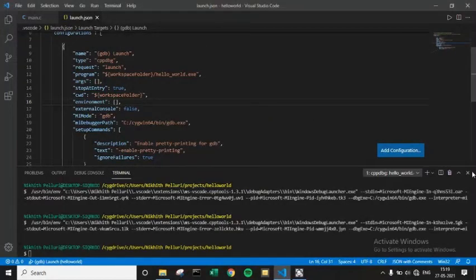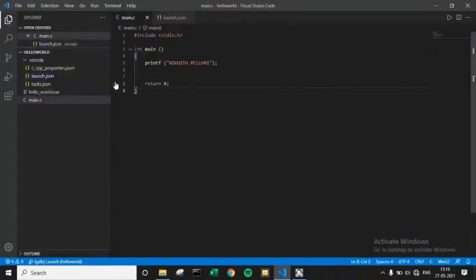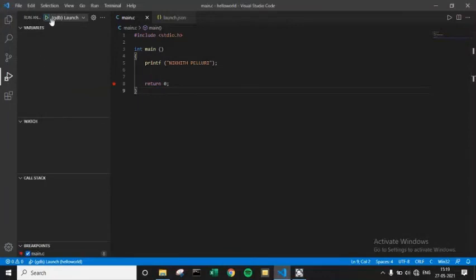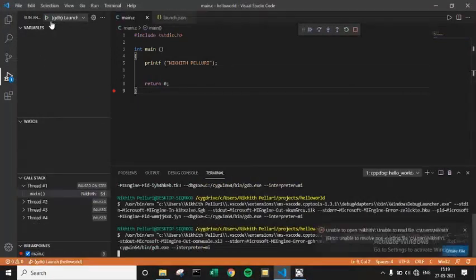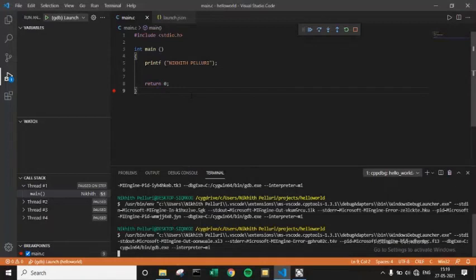Okay, now let's see how the debugger works. So let me add a breakpoint here. You can add a breakpoint on the left hand side, and go to this icon and start debugging, on this green arrow. Yep, let me exit out. If you can see, it says that paused on step line 5.